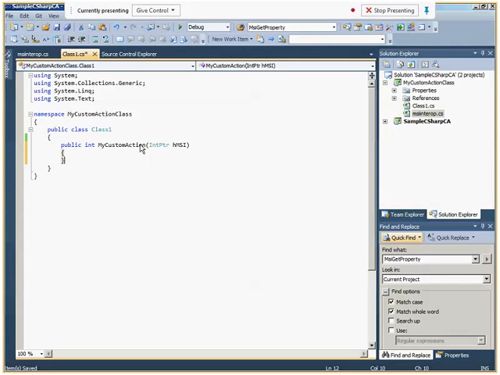I'm using an int pointer data type for the MSI handle, although an int data type also works. So what we'll do, just to start with, is just to make it compile, we'll have it passing back